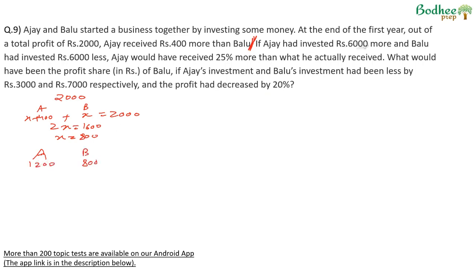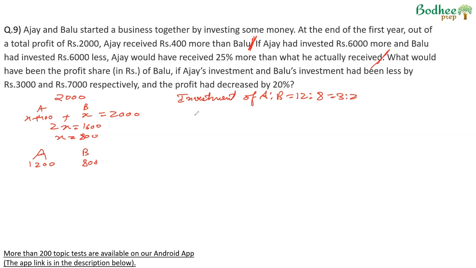If Ajay had invested 6,000 more and Balu had invested 6,000 less, Ajay would have received 25% more than what he actually received. Now, the ratio of investments of Ajay and Balu is 1200 is to 800, 12 is to 8. Divided by 4, 3 is to 2. Now it says if Ajay had invested 6,000 more,